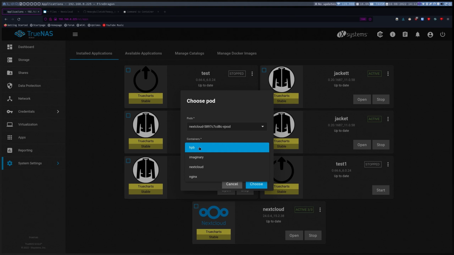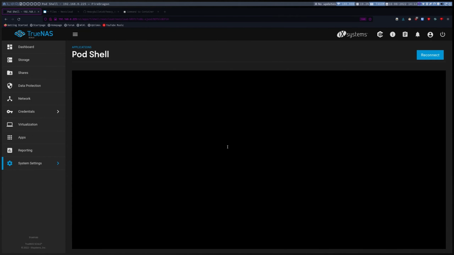That's because they have the HPB container in there, which allows you to run the OCC commands, which is what we're going to use here in just a second. So you can either do that, click on choose, and then it will open up a nice terminal for you. But again, since I'm using Firefox and I just don't want to get on Chrome right now, I'm going to use HeavyScript. So I'm just going to run bash heavyscript when I'm in my heavyscript directory, and then press enter,